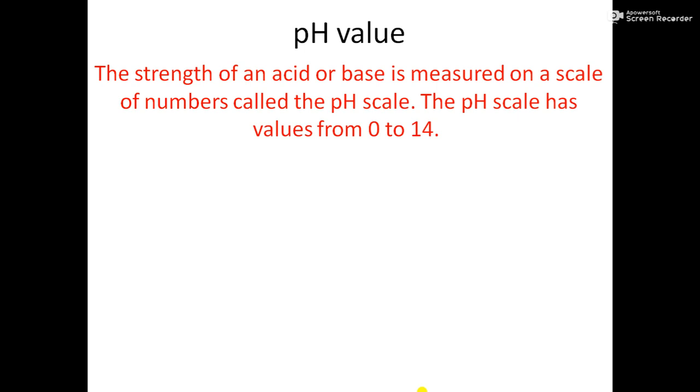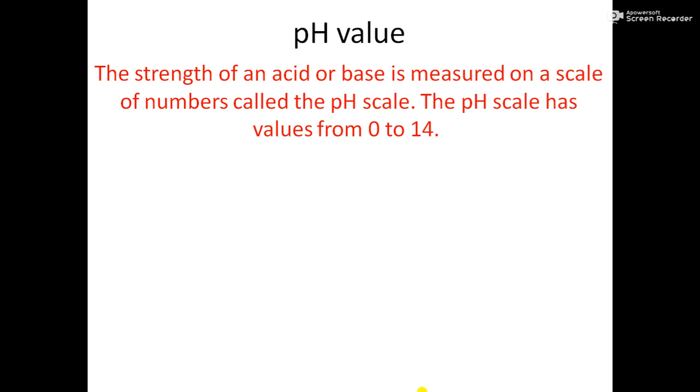To measure that, we have a scale, right? And this scale is called the pH scale. Got it? We have numbers on this scale, the same way you have numbers on the scale you use in your maths classes, which is a simple scale. I think it is from 0 to 15 centimeters. So in this also numbers are written on the scale and we have strips of various colors.